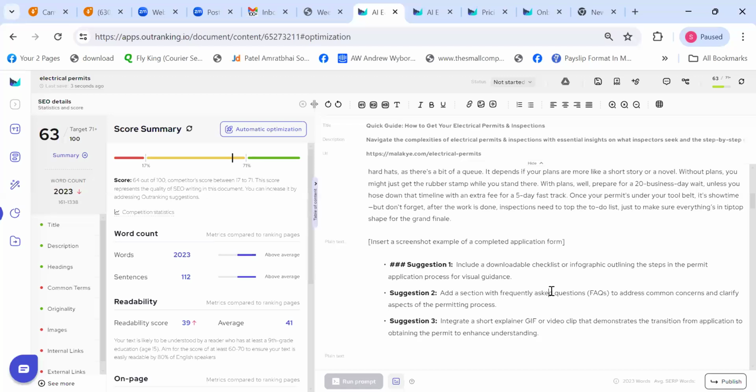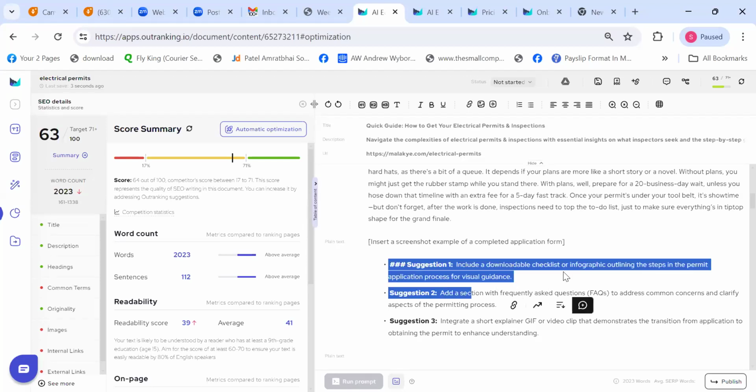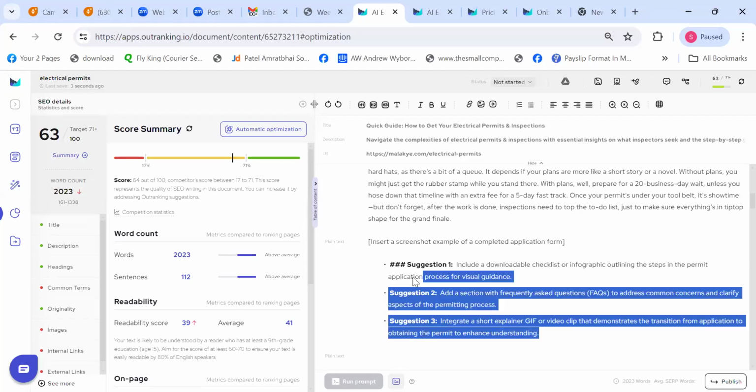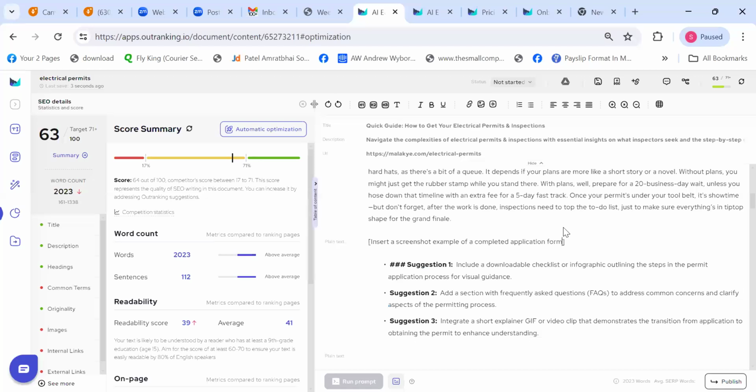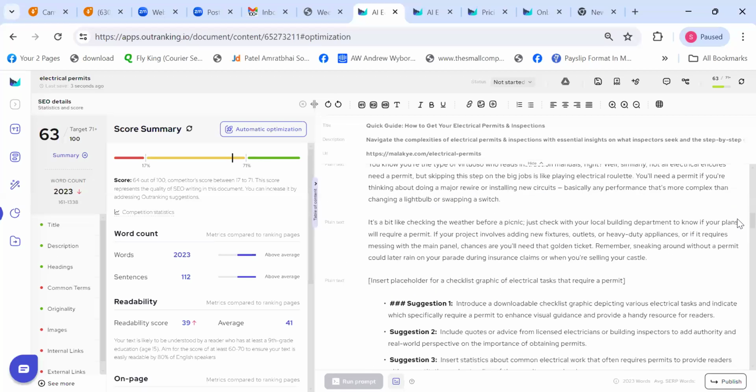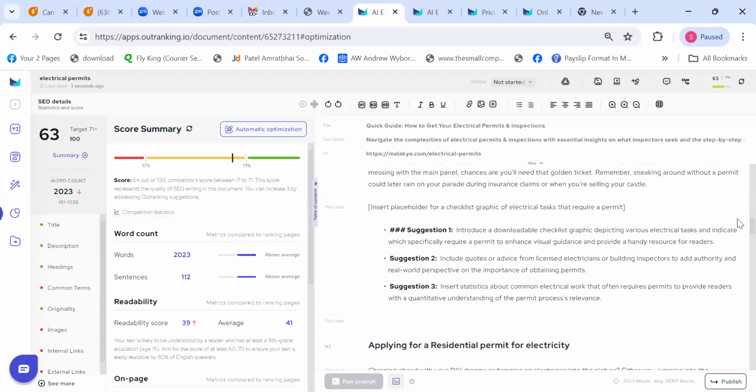This is going to give you extra leverage, and this is going to add originality and uniqueness to your content. See, it's very easy to do this using AI. Outranking could have easily done this, but we don't want to do that. We want you to do that all by yourself by just implementing any of the suggestions that make sense to you. You don't have to implement all the suggestions, just implement one or maybe two, or don't implement any of them if they don't match your context. But try to implement this, and this is definitely going to help you with better uniqueness of your content.